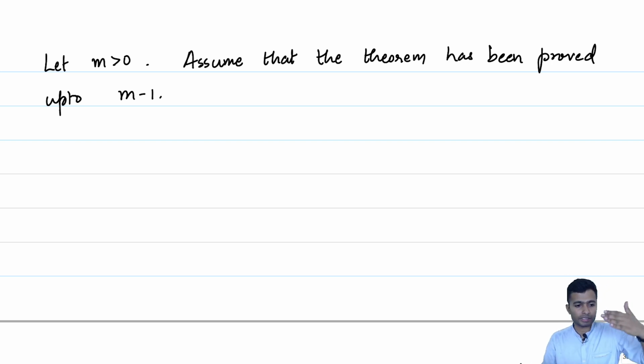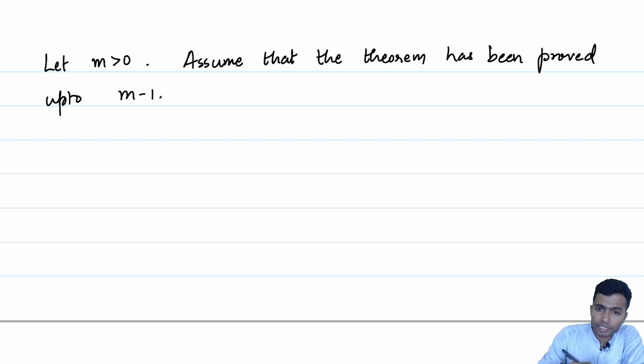So, in other words, if there is a subset of size m minus 1 which is linearly independent, then m minus 1 is less than or equal to n, and then there is a subset of S of size n minus m plus 1, which if you take union with the given linearly independent set, will be a spanning set. That is what the theorem says for a set up to m minus 1. But we now have to prove it for a linearly independent set of size m.